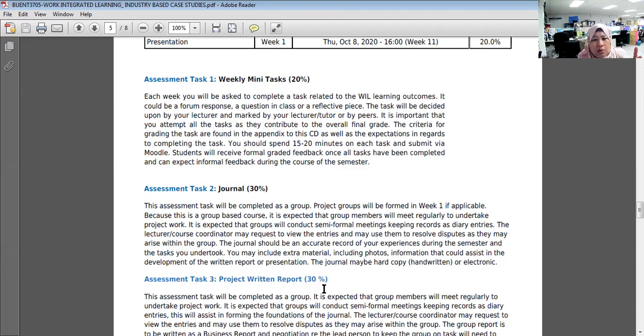This is different from the mini task just now because the mini task is individual. Because they say in here, each week you will be asked to complete a task related to the one learning outcome, and it can be a question or forum, up to you. And that one you have to submit via Moodle also, meaning you submit individually. For the task 2 journal, 30%,